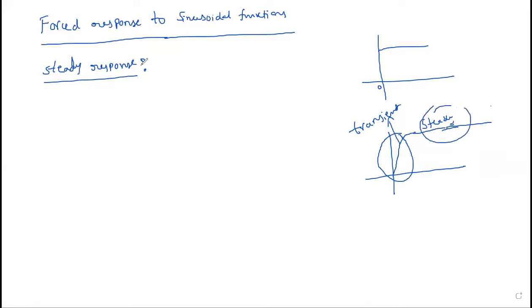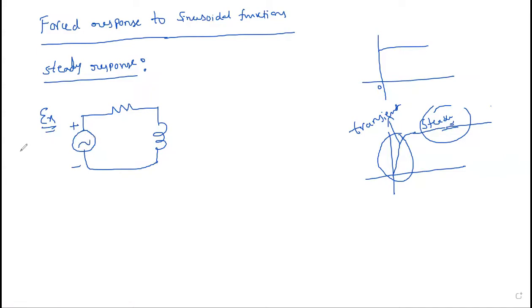So in order to find the steady state response, we need to first find the system response in equation form, as a function of time. Then we will see what the steady state value is. For this, I'll take an example of an RL circuit, a series RL circuit, and I will apply an input. Here we are studying AC analysis in this module, so we should give an AC signal to this circuit.